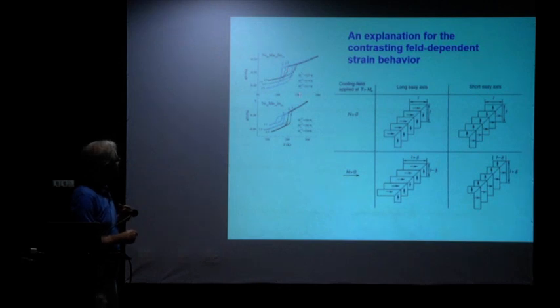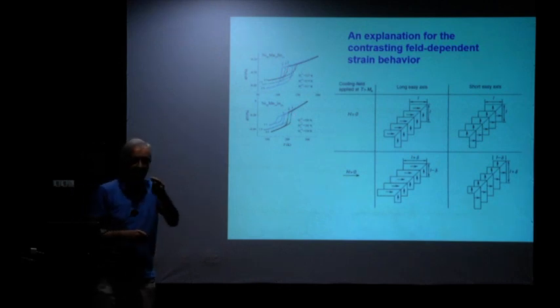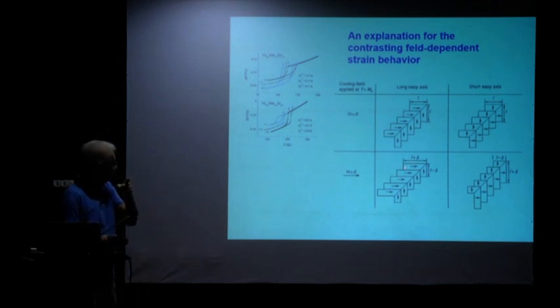Sorry, when the easy axis grows along this direction, then this length is going to get larger. So the difference between this case and this case is going to get